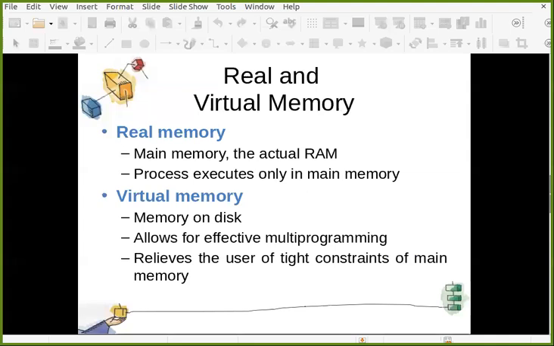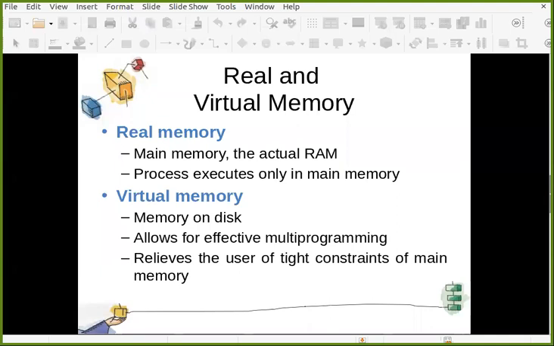Now, what is real memory and what is virtual memory? Real memory is nothing but the main memory, that is your RAM. Whenever you need to execute any part of your process, it must be there in RAM. Then only it can be executed, otherwise it cannot. And virtual memory is memory on disk. Some portion reserved on the secondary memory is called virtual memory.